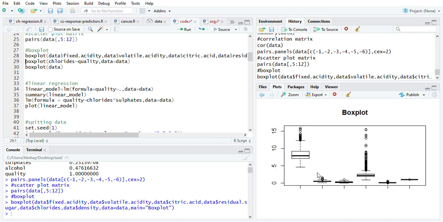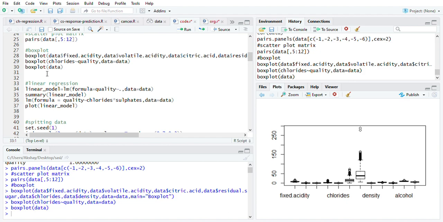And if we look at a few attributes, we can see dots after the minimum value or maximum value. What do these bubbles represent? They represent outliers. All the bubbles we can see here are outliers. If we have outliers in the dataset, however well we build the model, we won't get correct results. So we have to remove those outliers, and we'll see how to remove outliers at the end of this section. I have also written a few more box plots.